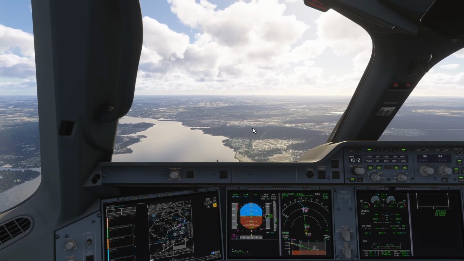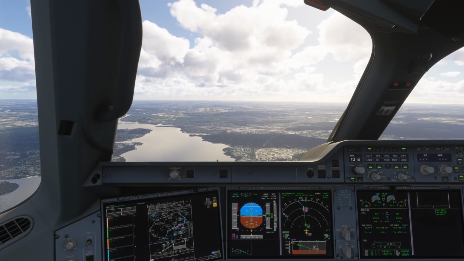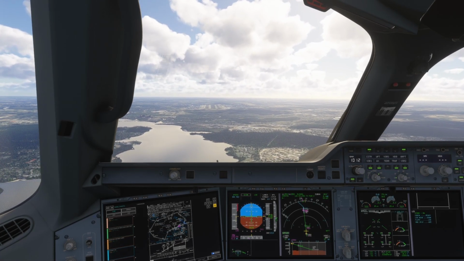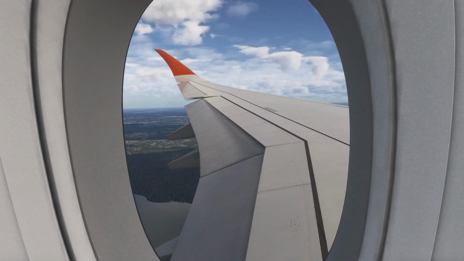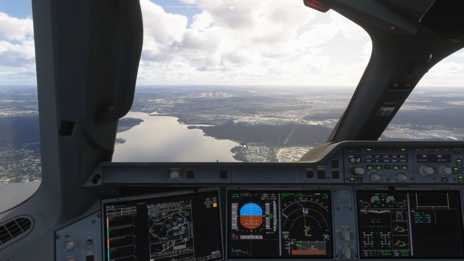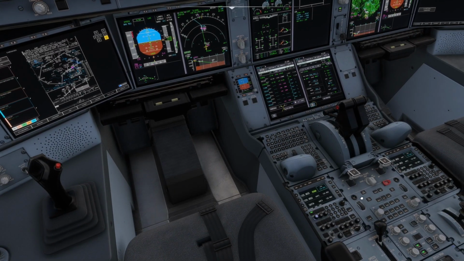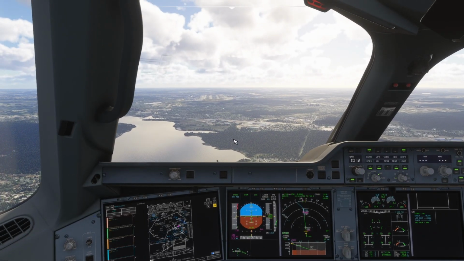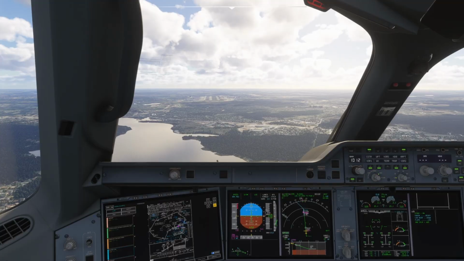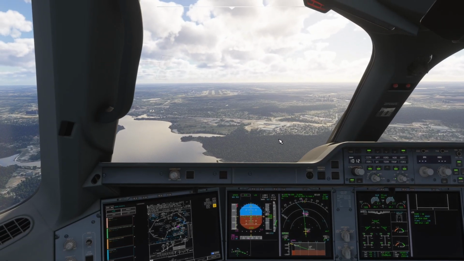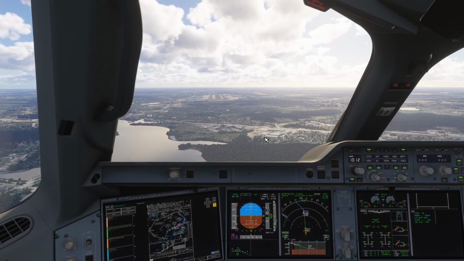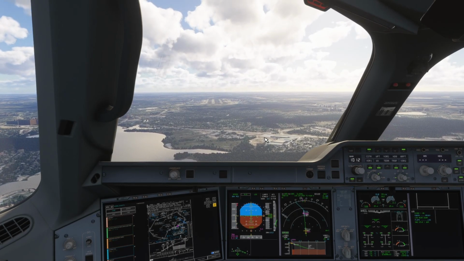All right, we'll take flaps 2 now. Gear down. Spoilers armed. Those lights on takeoff. Flaps 3.